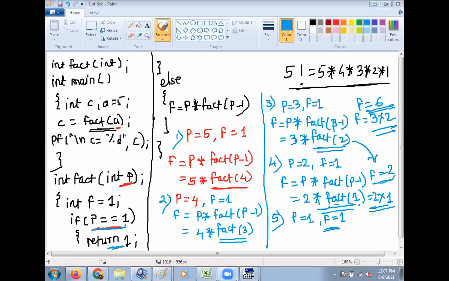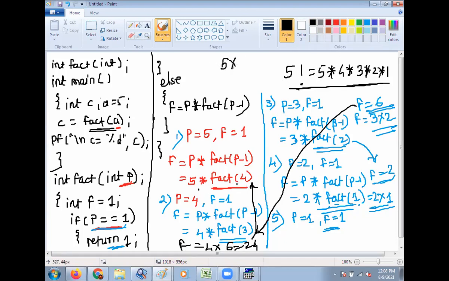And this 6 value goes here, so 4 into 6, you will get f is equal to 24. And this 24 value goes here, so you will get 5 into 24, which is 120. This is the factorial of 5.